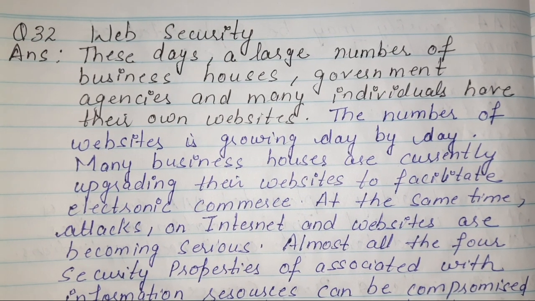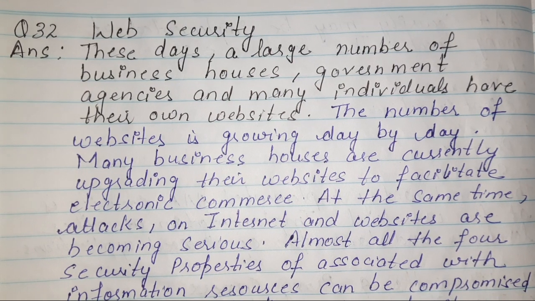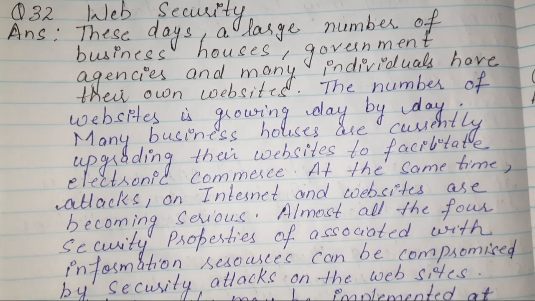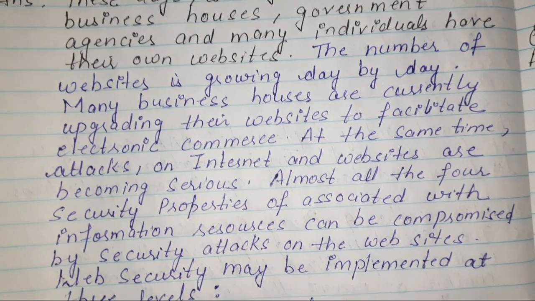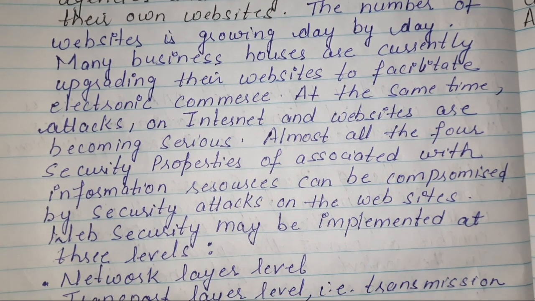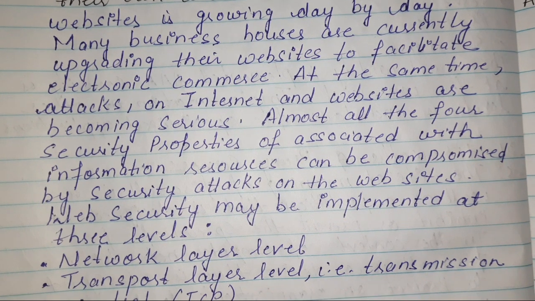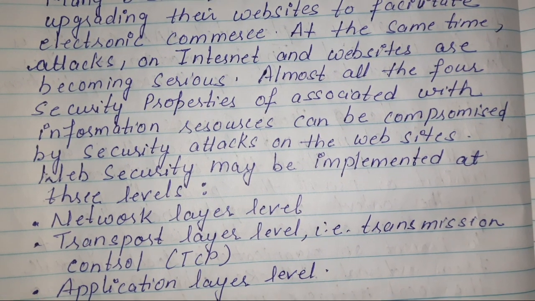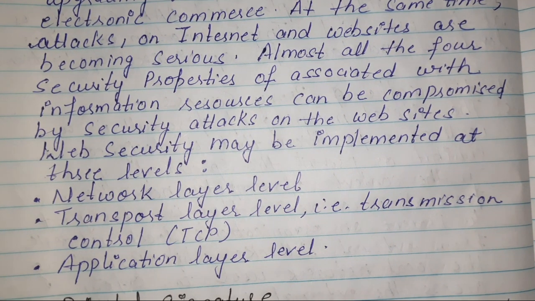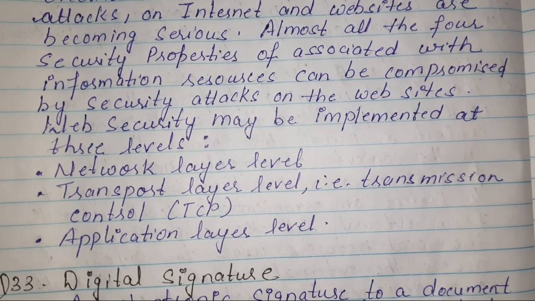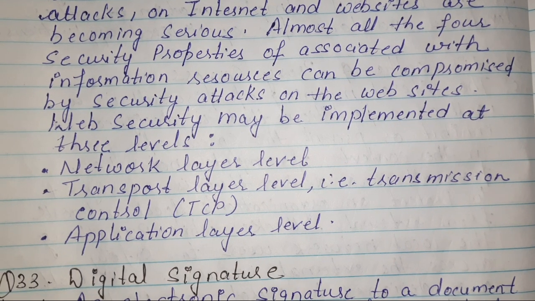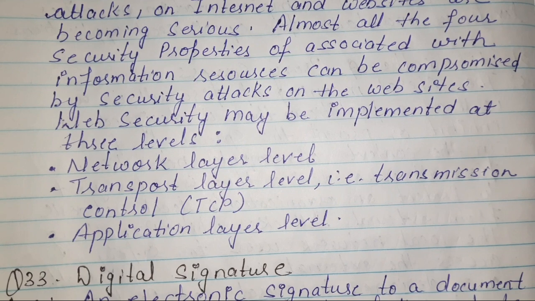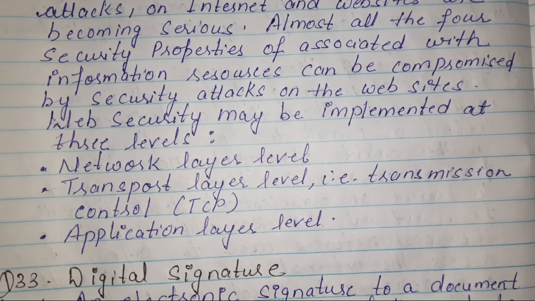Question number 32, web security. These days, a large number of business houses, government agencies, and many individuals have their own website. The number of websites is growing day by day. Many business houses are currently upgrading their websites to facilitate electronic commerce. At the same time, attacks on the internet and websites are becoming serious. Almost all the four security properties associated with information resources can be compromised by security attacks on the website. Web security may be implemented at three levels: network layer level, transport layer level, that is transmission control,